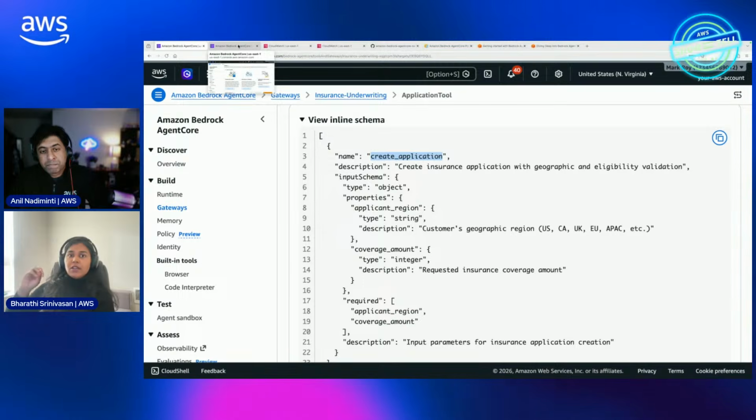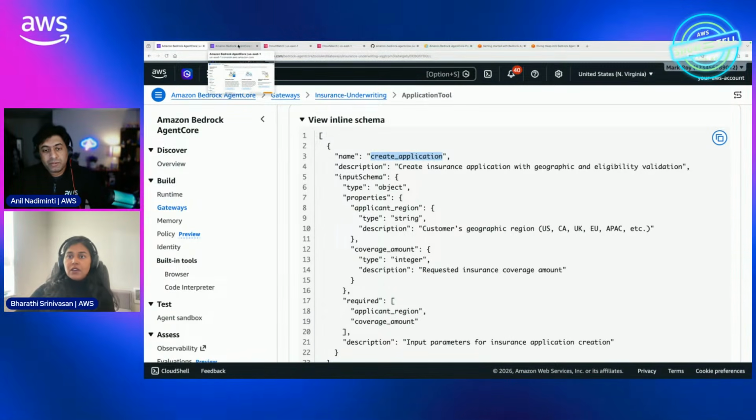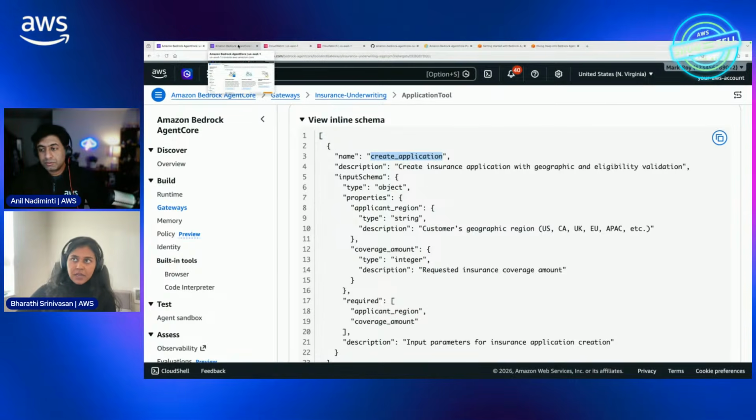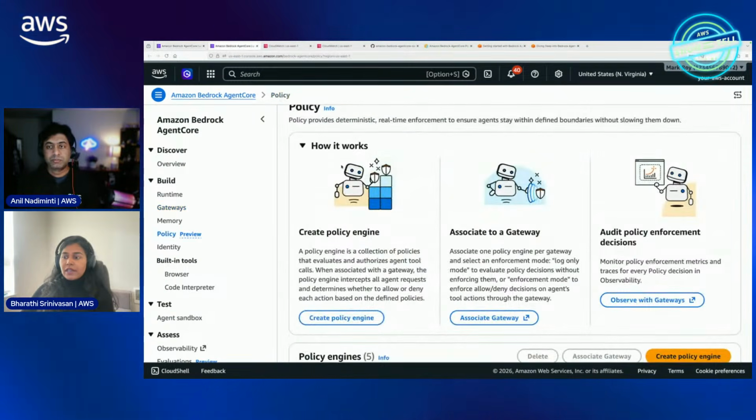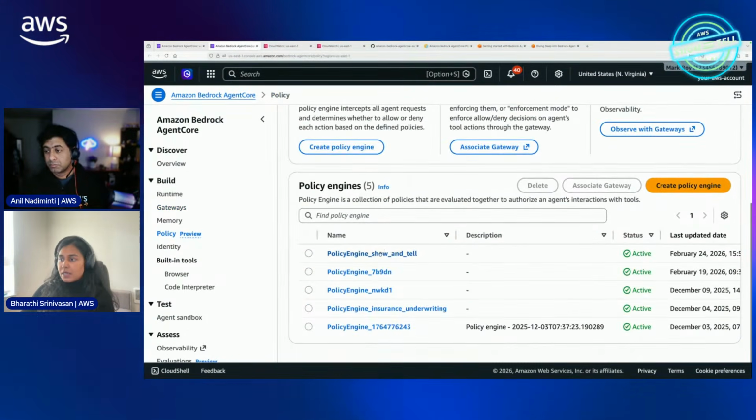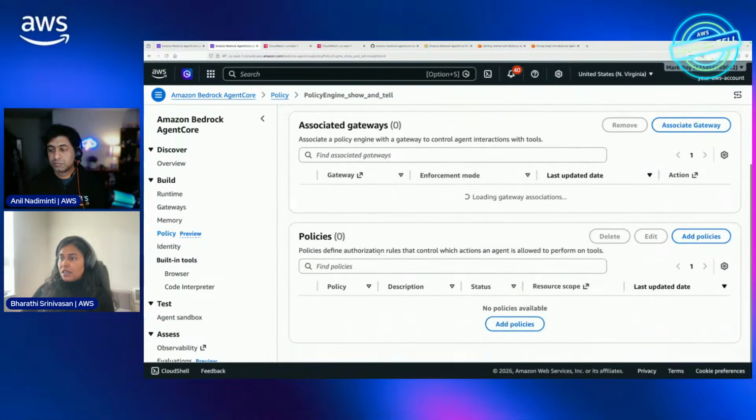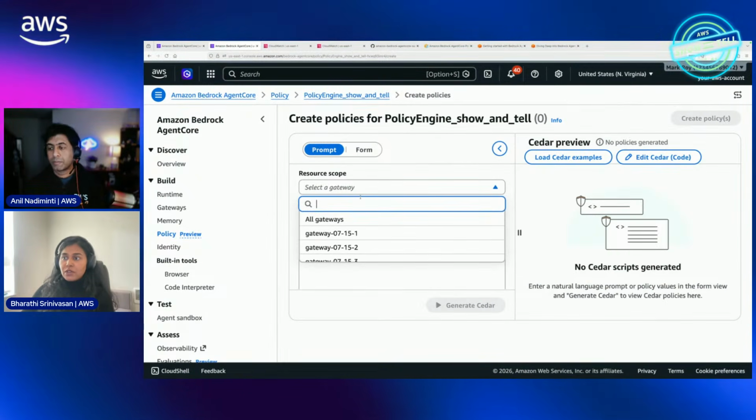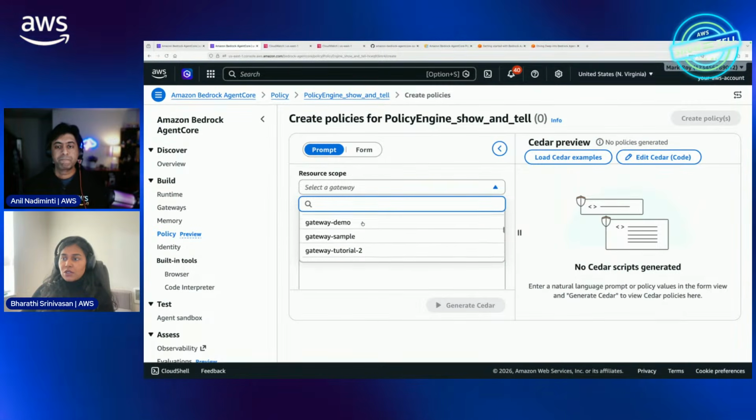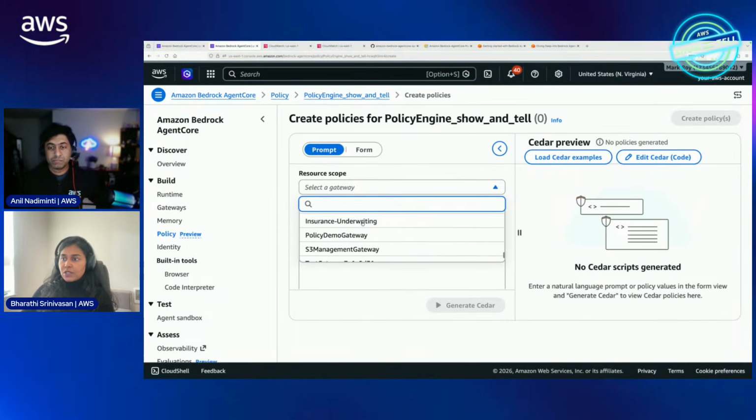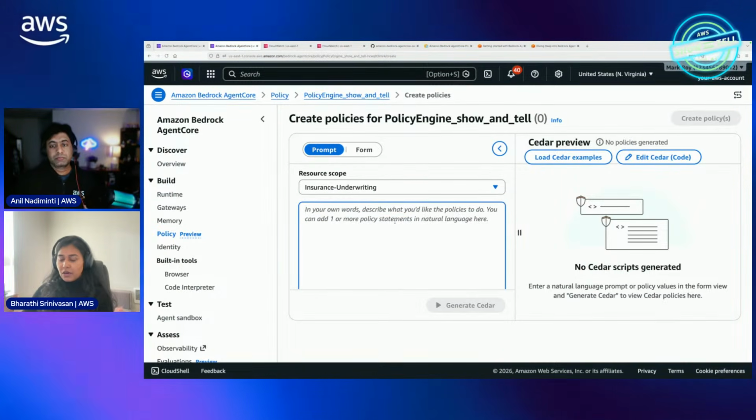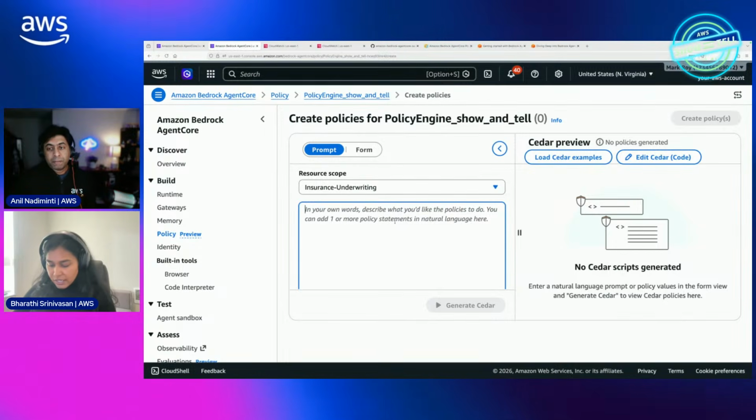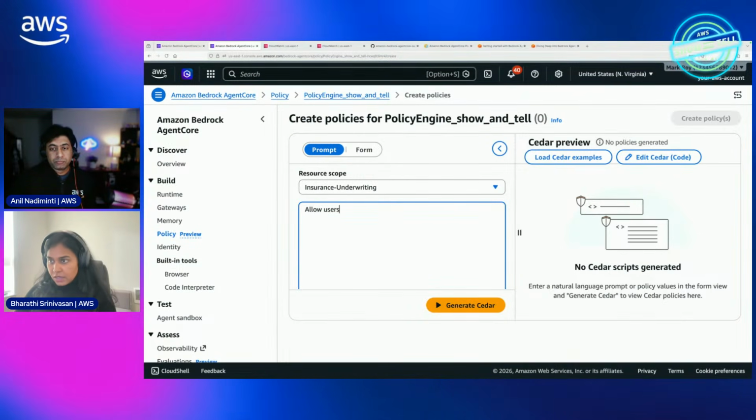So when your developer is actually setting up your agent with tools on the gateway, they're going to be adding the schema. Now, when I go in and create my policies in my, let's say, show and tell, let's start adding policies. Now, I don't have to worry. I'm just going to select my resource as that gateway, which is my insurance underwriting gateway. Now I can just use text saying allow users to create applications